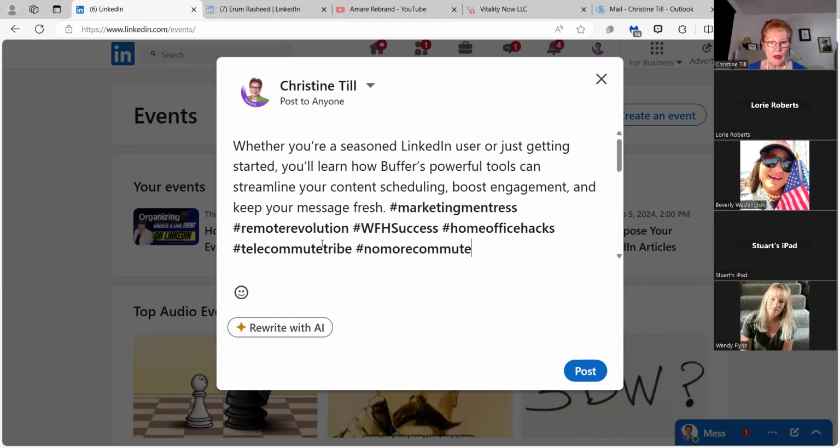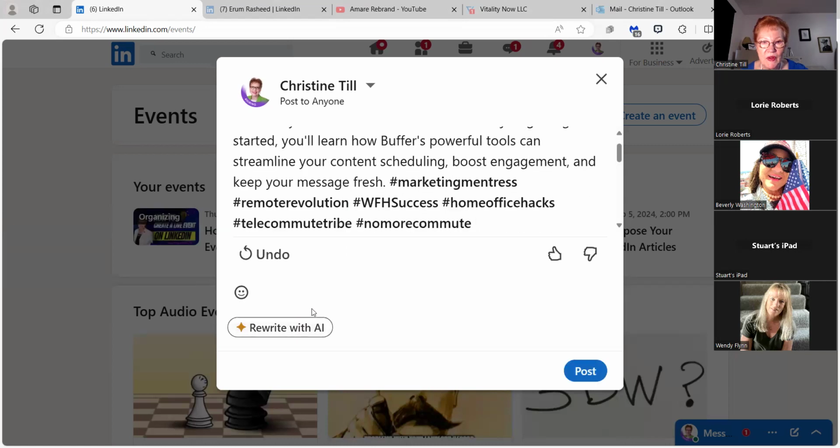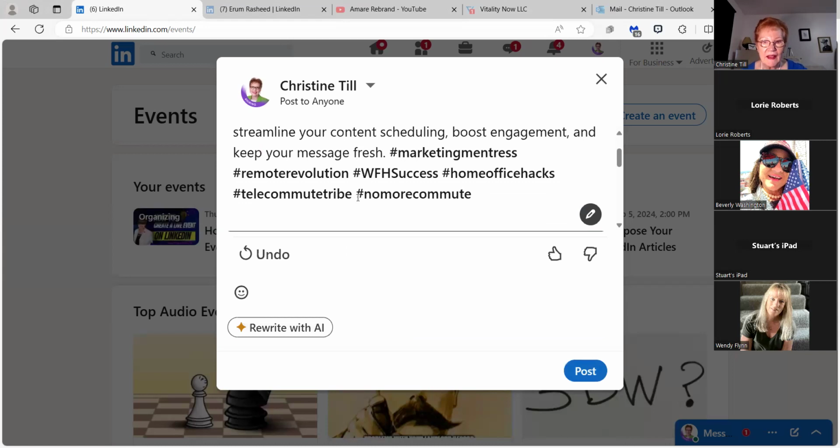So we've used commute a couple of times in here. That's good. So you can rewrite it with AI. So if you click on this little button, look what happens. It rewrites it for you. Okay, so then you can post this. But here, before I post it,